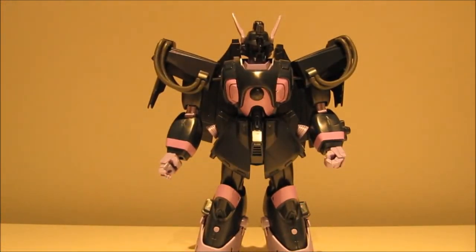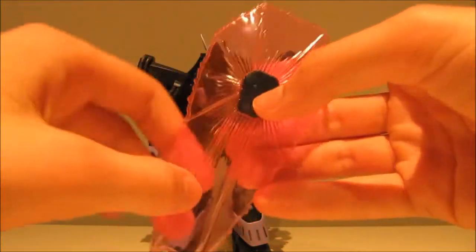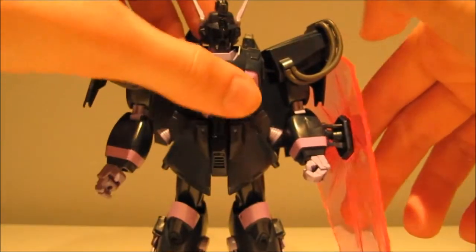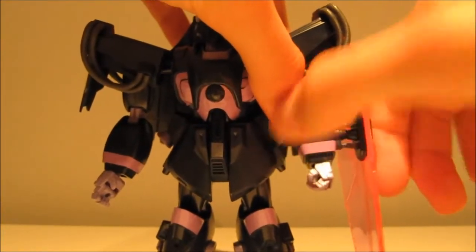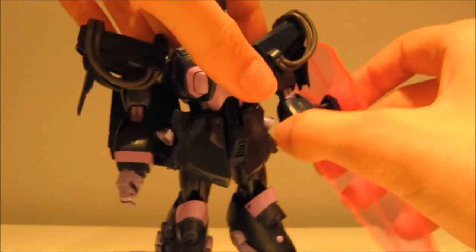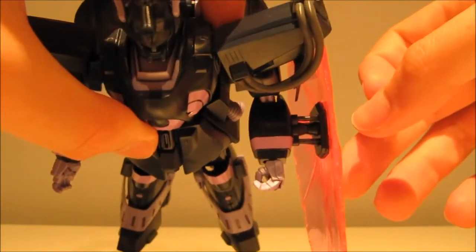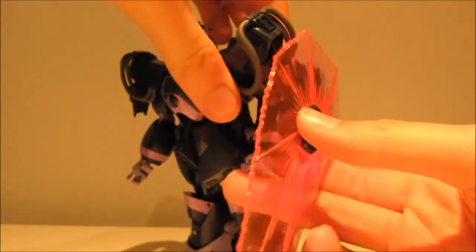Then going on to the accessories, and unfortunately things aren't really getting a lot better there. The first accessory, once again, when we start with it, it looks fantastic. The shield is really gorgeous, nice detailing all over, but things start falling apart when you want to attach it. As you can see, it doesn't line up that great. The problem is, you can't properly connect it unless the arm is bent all the way like this, and then it just barely goes together, which means that if you want the beam shield attached, it has to be like this or bent backwards like this, because the moment you move the arm out